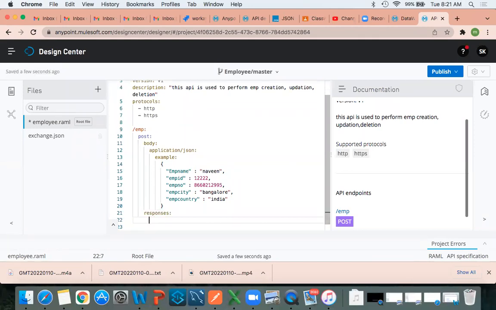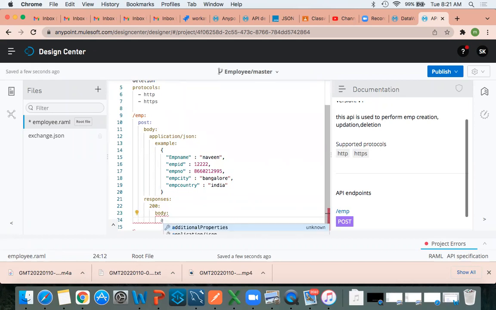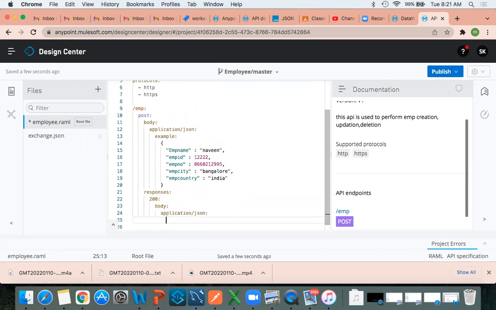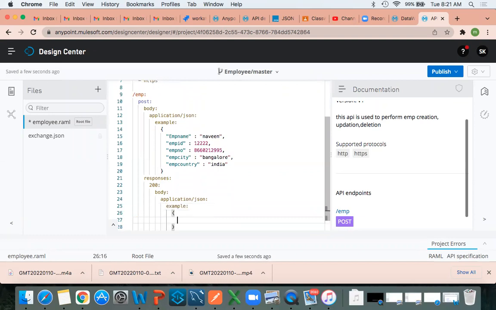Responses, 200, body, application JSON, example. So here I am writing message: employee details created successfully.